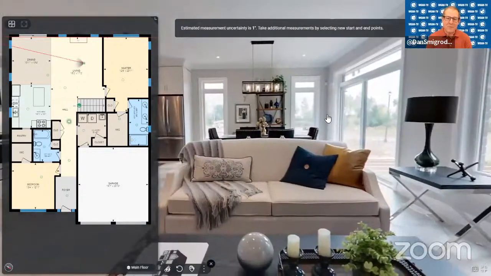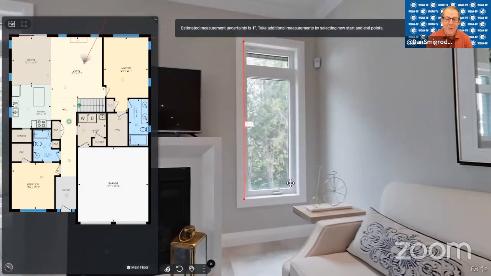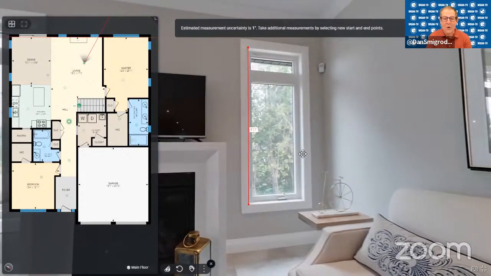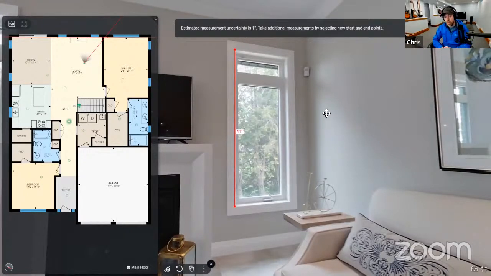And so that measurement, if we went back there, for example, and we say, oh, the window is broken, we probably don't want to use that measurement to order precision cut glass. But if we needed to know approximately what the size of the window blinds might be, again, not to order the finished window blinds, but just to be able to estimate the cost based on the size. Yes, exactly. So I am very confident in these measurements, but I would still do physical ones if I really wanted them to be super precise. Blinds are tricky.